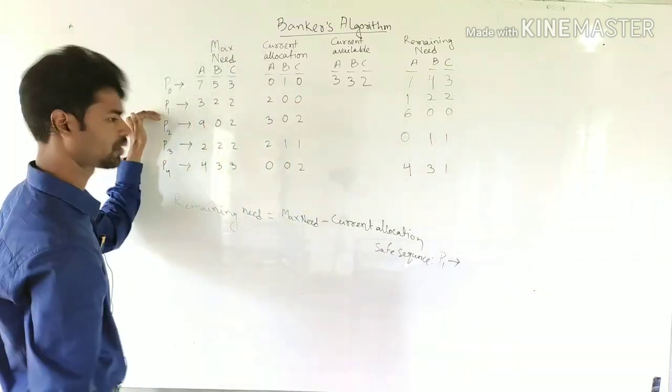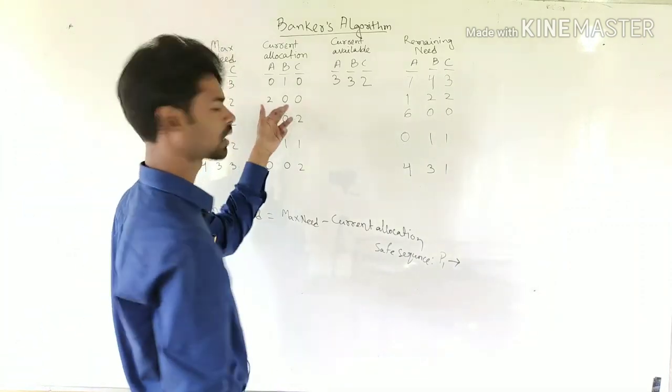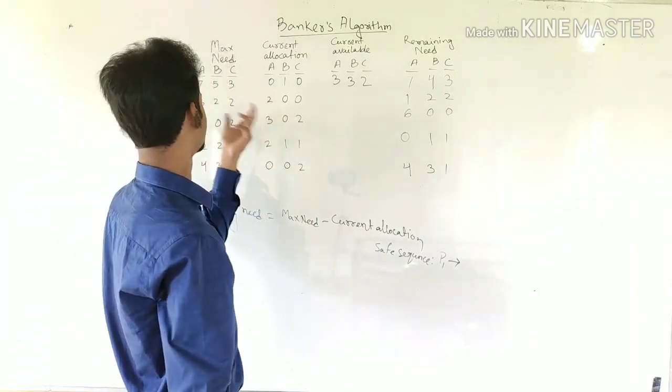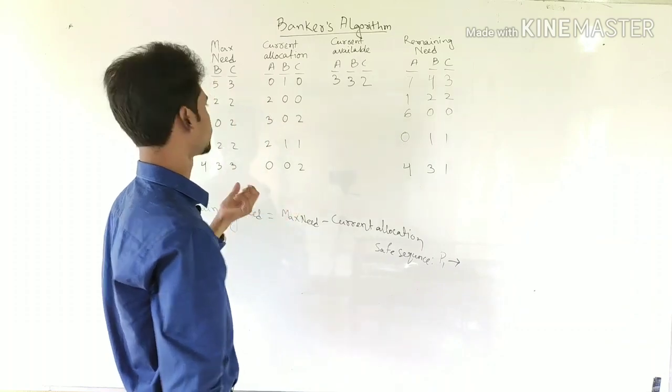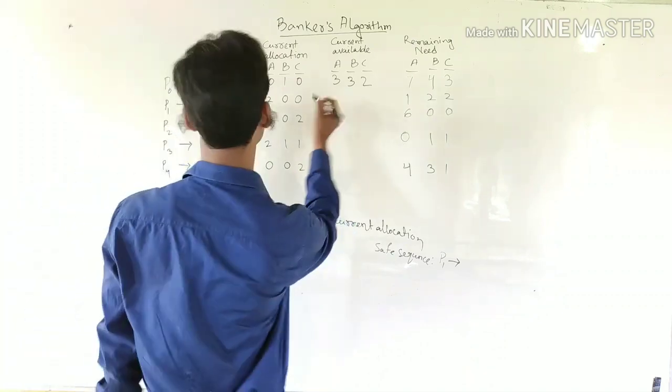After completion of execution of P1, it will release its current allocation, whatever it is currently holding, that will be released by process P1. So, after that